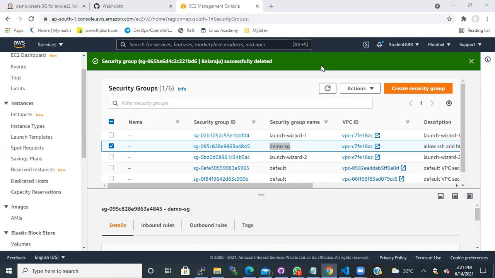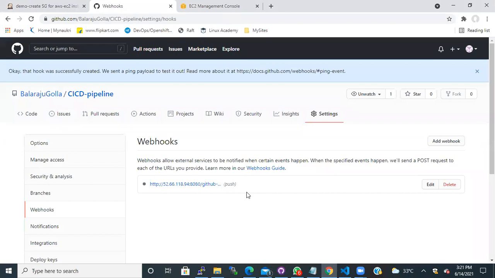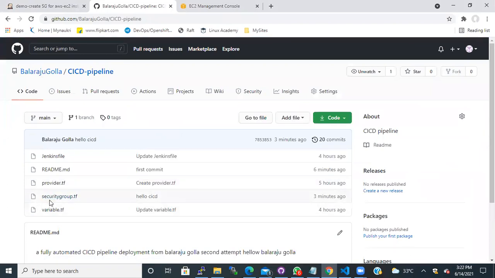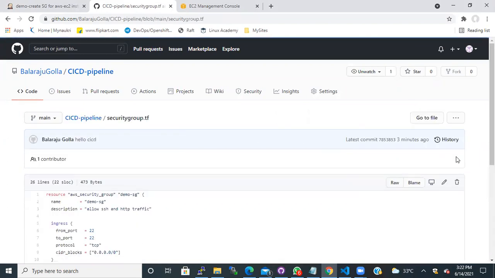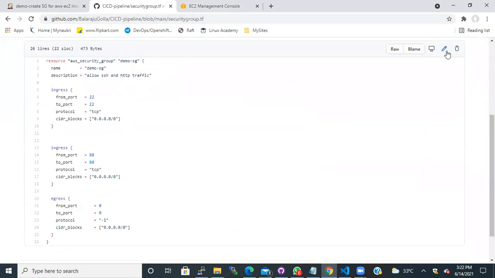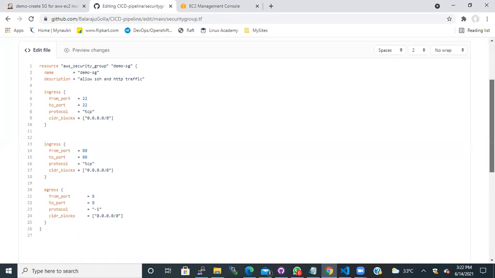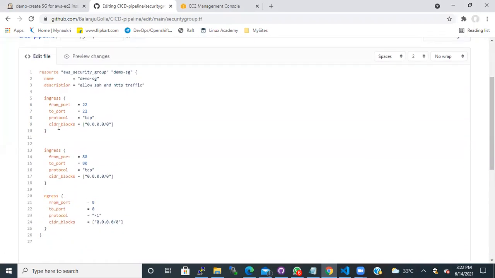Yeah, Bala, one second. I have a doubt here. The changes which you are making through Visual Studio, you are putting the command and doing everything. Can we not do those things in GitHub? We can create a branch and make the changes in GitHub, right? Yeah, you can do it directly here, but in real time, people won't. See, if I want to make some changes, obviously I can click on the security group, come here, and edit the code. And a simple example, I can give that as well.